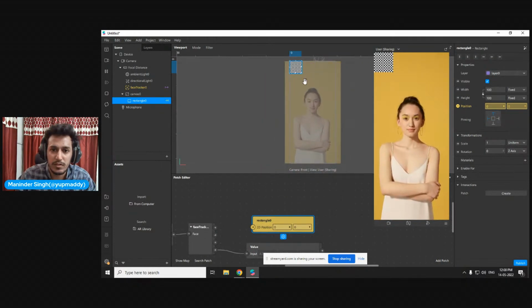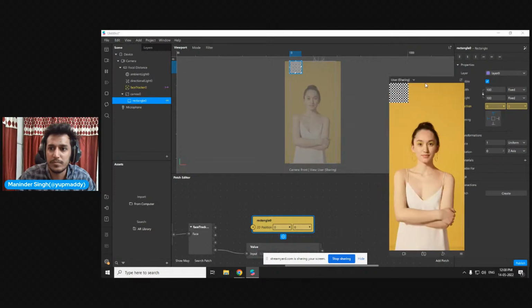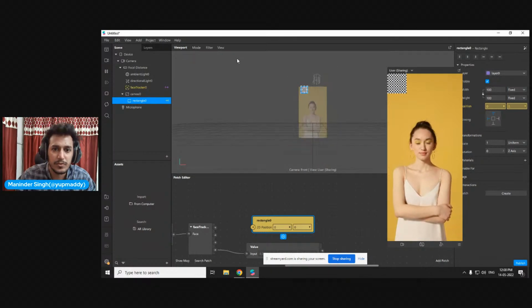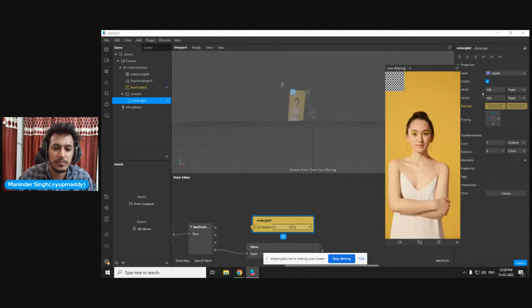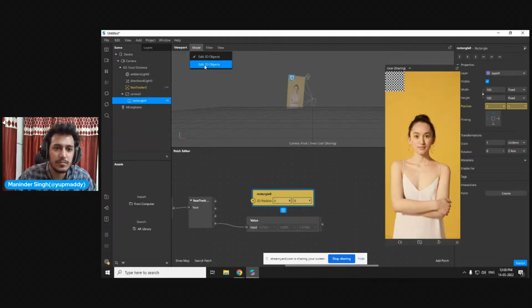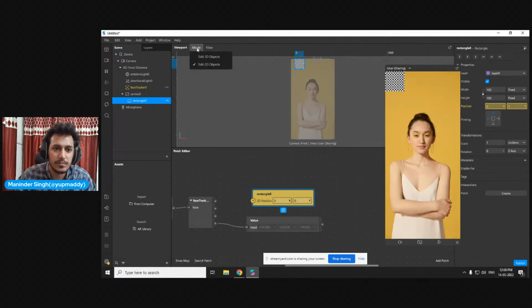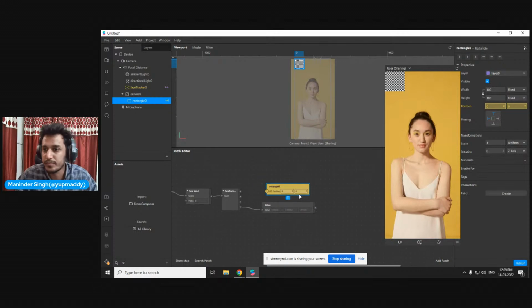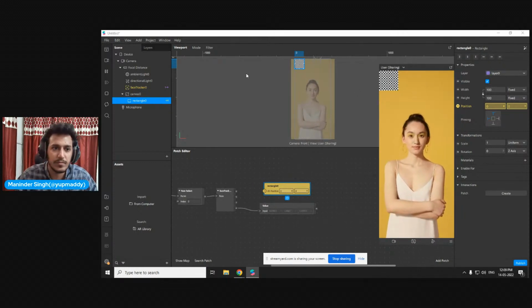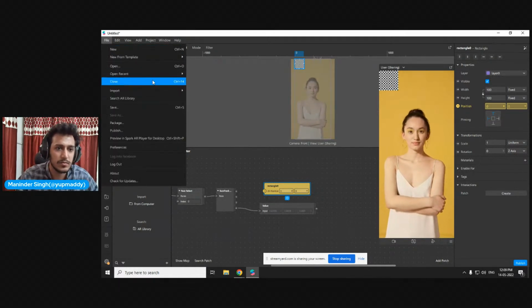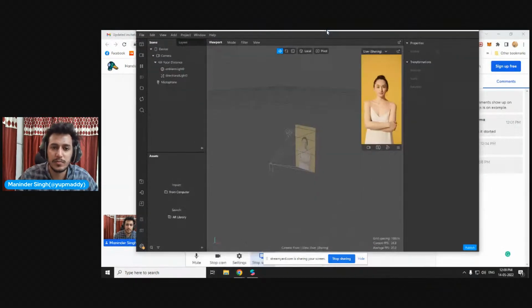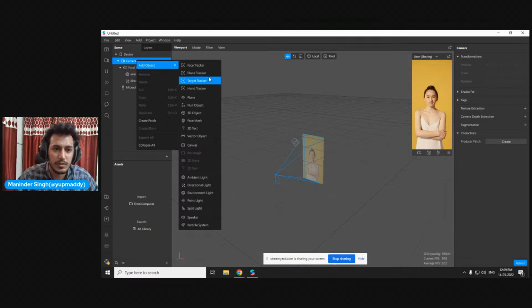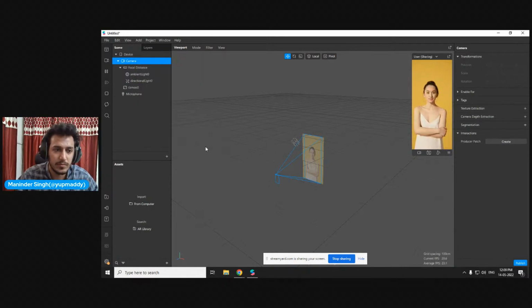Wait, let me reopen the project. Discard, blank project. Okay, camera and rectangle. Canvas,